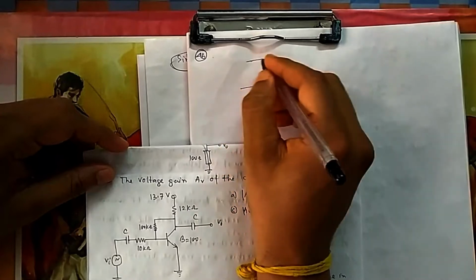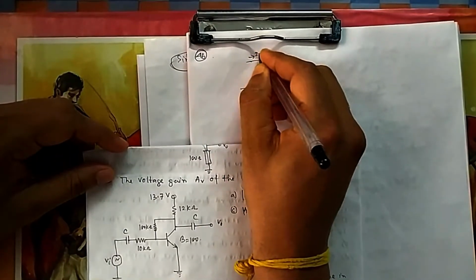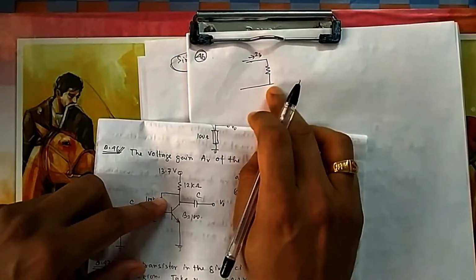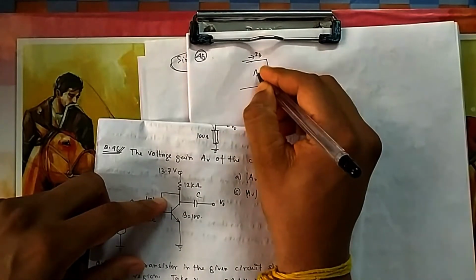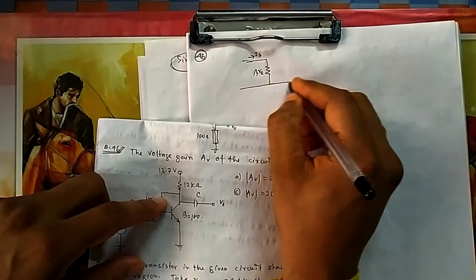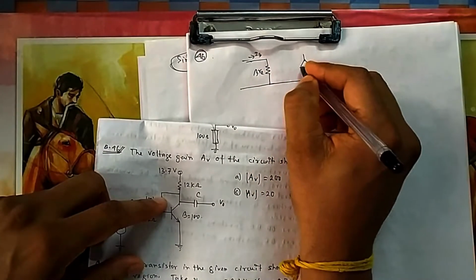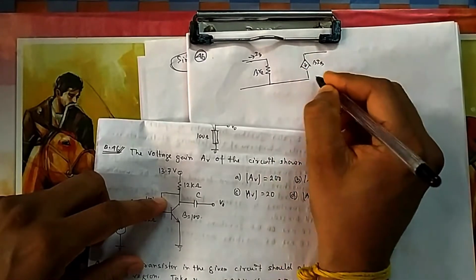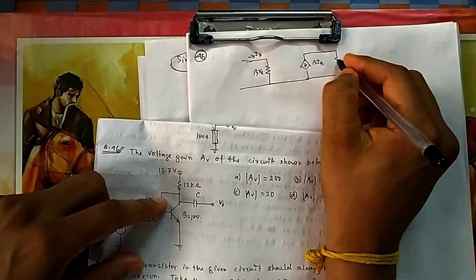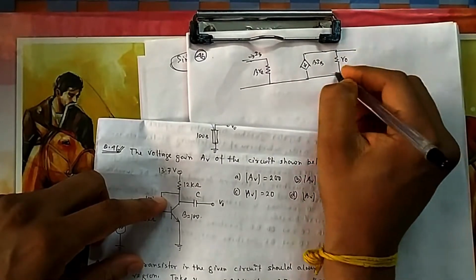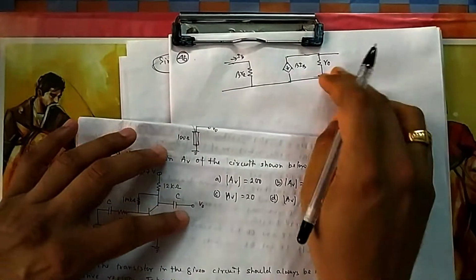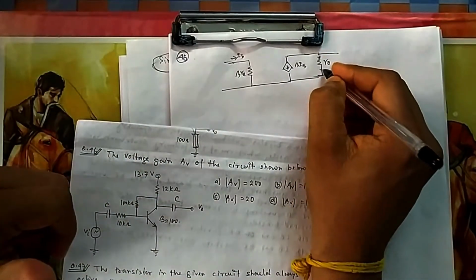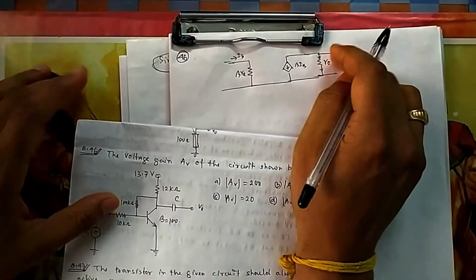So this was the transistor model. IB is flowing through this. This is just the naked transistor I am drawing, the common emitter transistor model. This is beta into RE, and then we have this current source which is beta into IB, that is your IC current. Then we have the so-called RO. RO is generally given in Siemens, so if it is 0 Siemens, that is admittance 0, so resistance is infinite. So in such cases we can neglect this RO also.